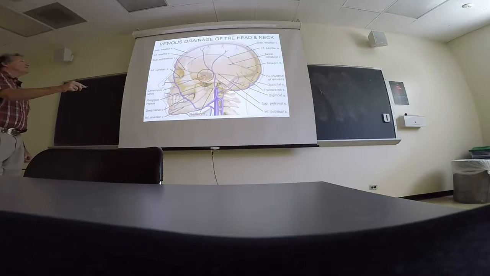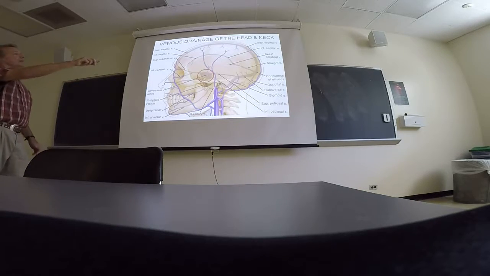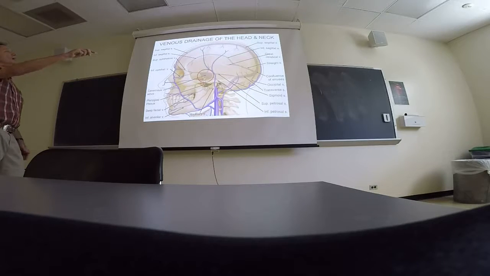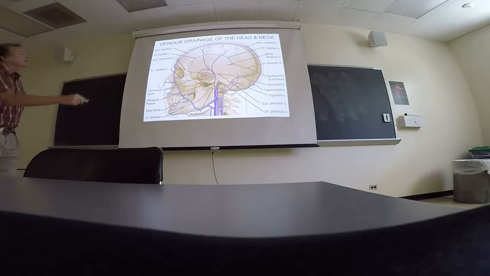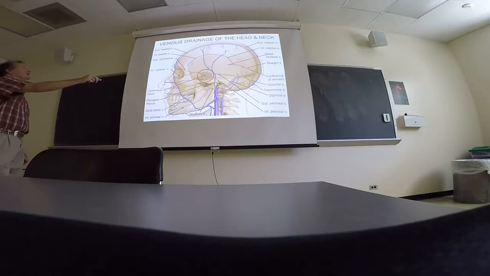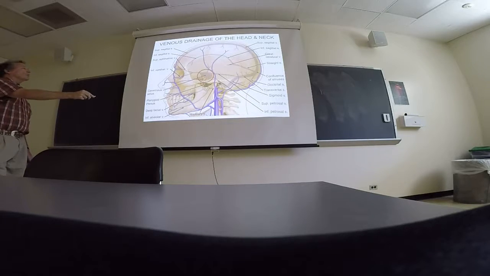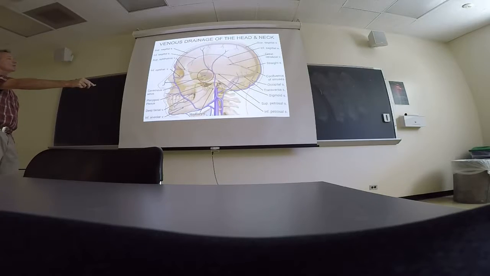The way infections from the outside world can get to this cavernous sinus and from there go to other parts of the brain and nervous system, there's a connection through the superior ophthalmic vein. There's a connection from the inferior ophthalmic vein. So if you get an infection on your face and the infection travels up through here, it has the danger of coming into there. There's also a connection between the lower part of the face and this pterygoid plexus of